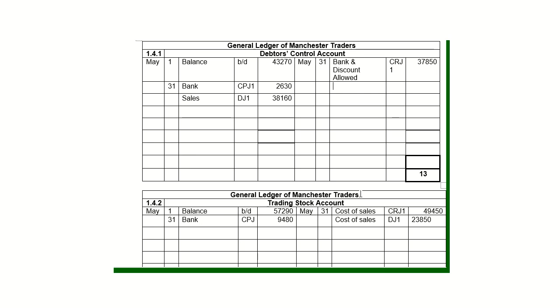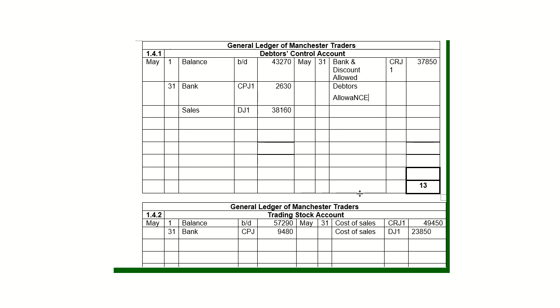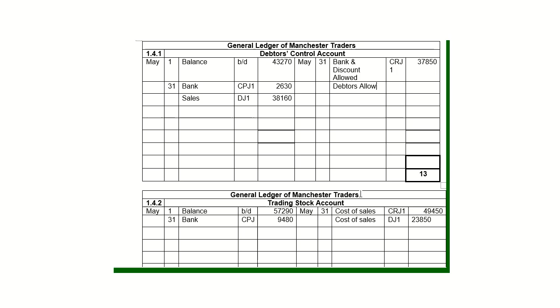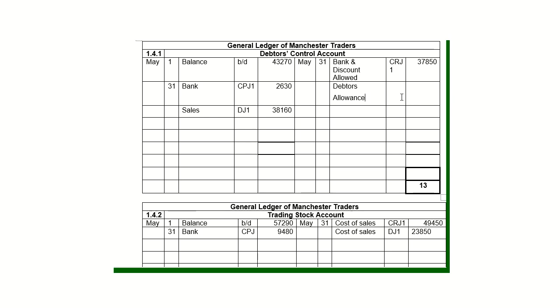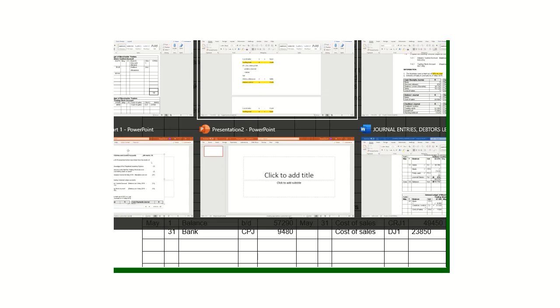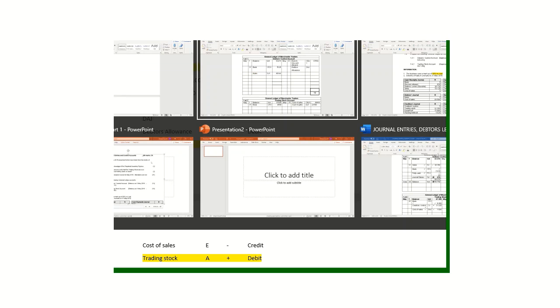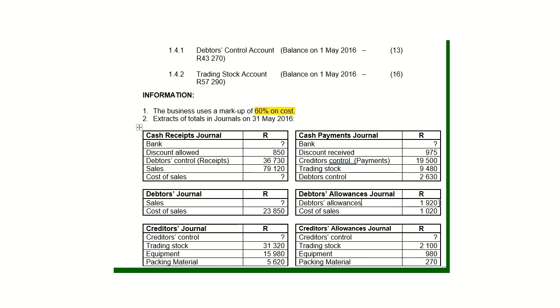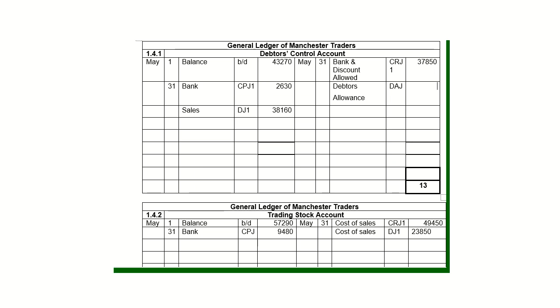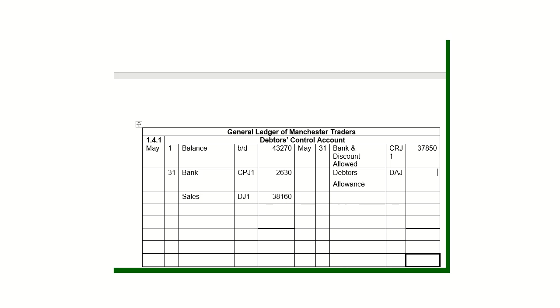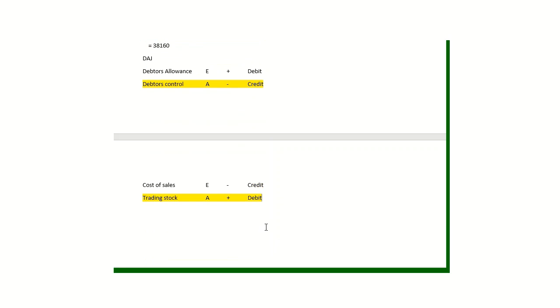So we'll put in there debtors allowance, coming from my DAJ, and the amount for the debtors allowance, 1920. There's the second part. The second part is between cost of sales and trading stock, so the opposite account will be cost